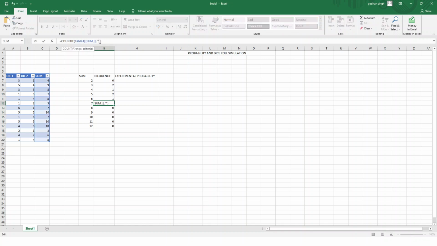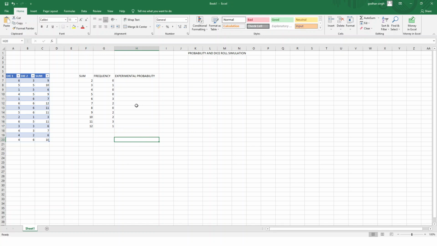here, by 7. Then next we'll replace 2 with 8, then 2 with 9, then this 2 will be replaced with 10 because we want to find out how many times 10 is coming. Then 11, so we'll replace 2 with 11, and the last one here we'll replace 2 with 12. So this is what we are having.